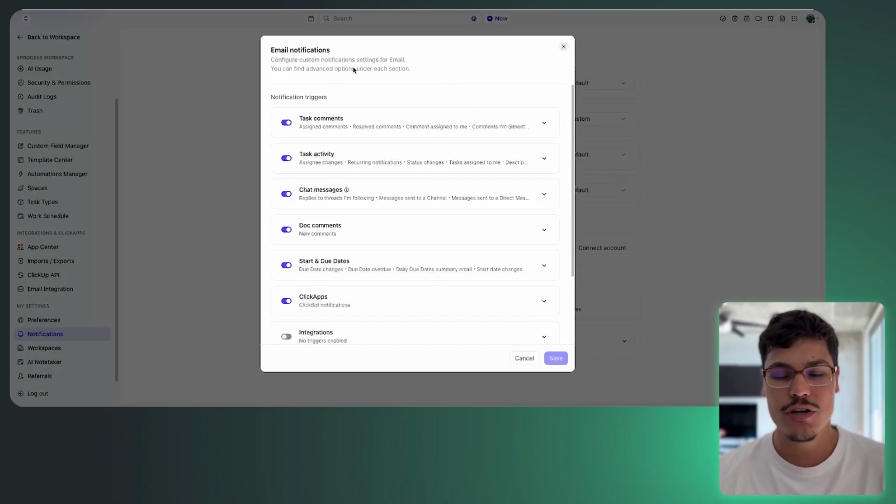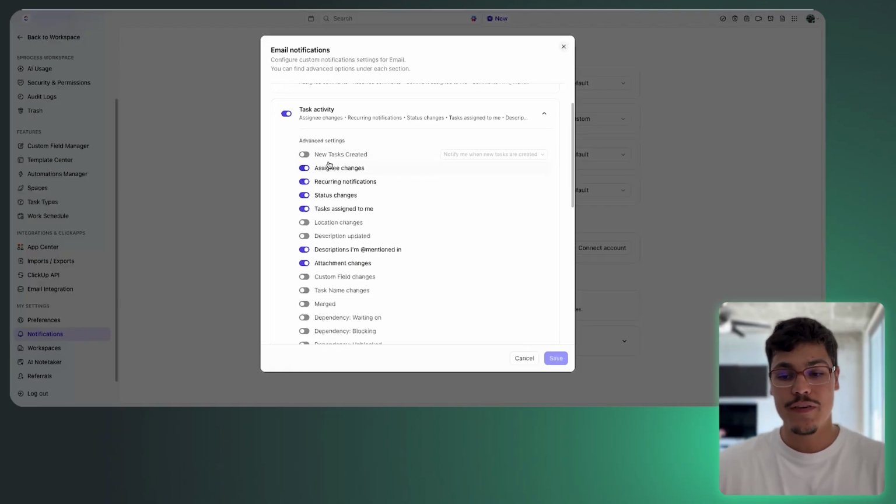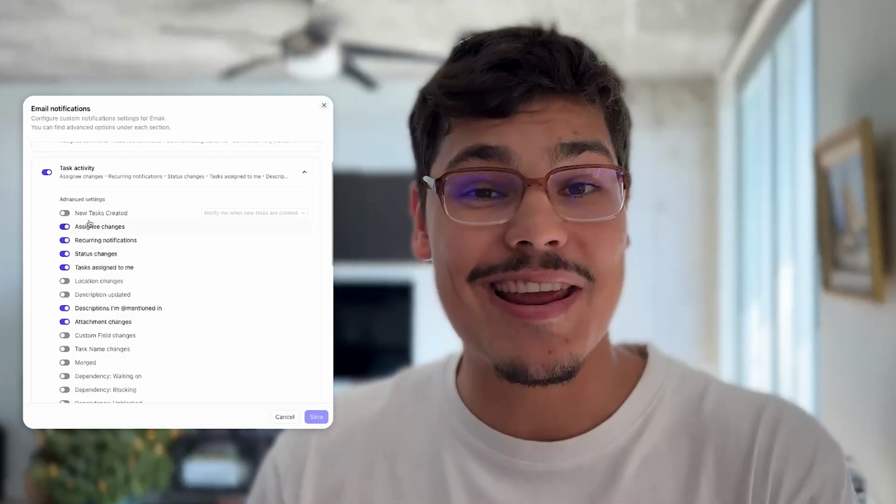When you click on it, it's going to show you an expanded settings menu where you can expand either of these options and basically decide which notifications you want to receive inside, in this example, your email inbox. This way, when you're added as a follower to the task, you're not just receiving all the possible notifications about that specific task, but you're only receiving notifications that you set up inside your ClickUp account notification settings right in here. So hopefully this makes your life easier and your inbox not so overwhelmed with all the ClickUp messages about the ClickUp changes that are happening inside your